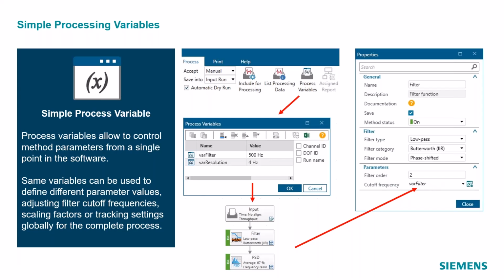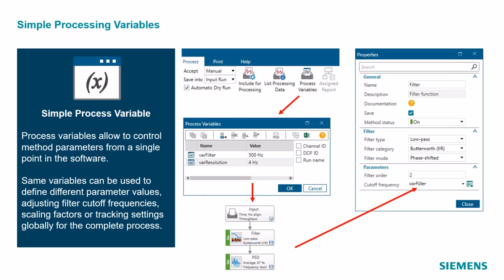Where this might be very useful is if you think of the example of a frequency resolution. You might have 4 or 5 methods calculating things like PSDs, auto power spectra, or spectrum maps. Let's say you want them all to be the same frequency resolution.